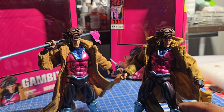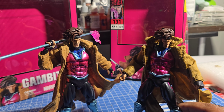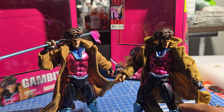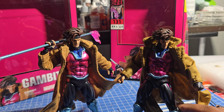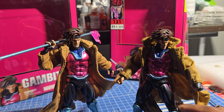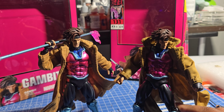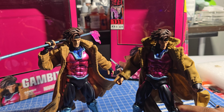For me, I'm not going to do that because at the end of the day, I am a collector, but I'm a human being that has financial obligations, and I want to go with what's going to be easier on my pocket. So with these third-party companies coming out with various releases that are making hard-to-find figures that are no longer in production easier to obtain with similar quality, sometimes even better, it's nice. For me, with me having the CT Toys Gambit,